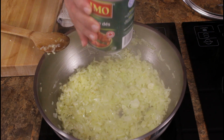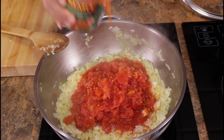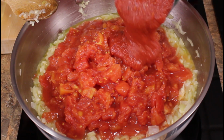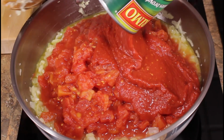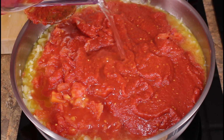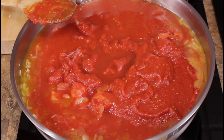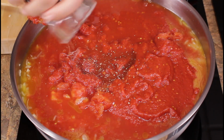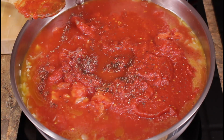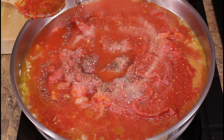And here I'm using the diced tomatoes. Any brand available in your area you can use, shouldn't be a problem. Crushed tomatoes, and I'm gonna add about half a cup water, pepper, salt, always pepper and salt to your taste,